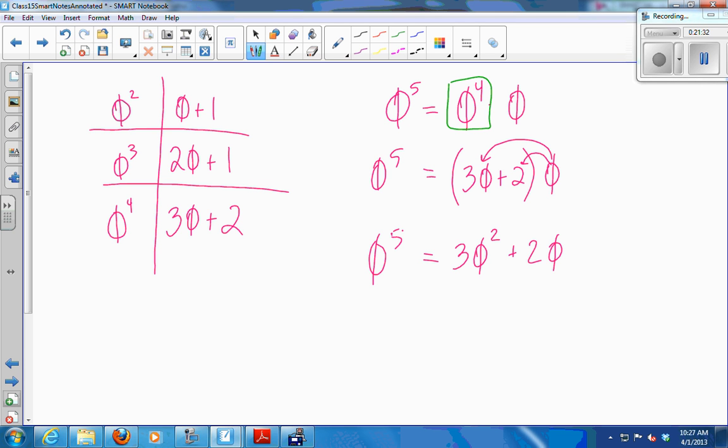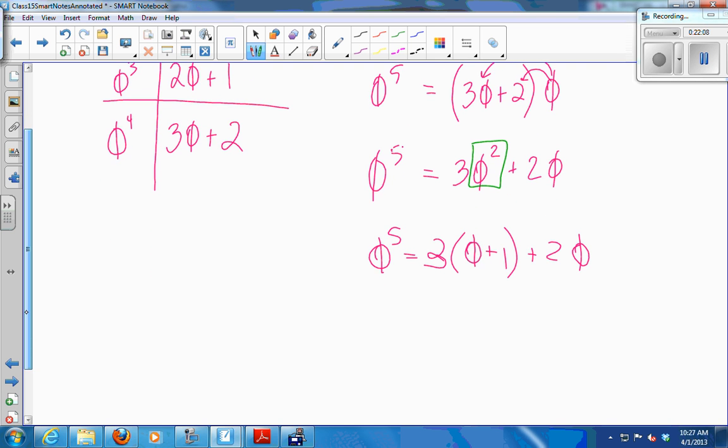Okay, so now I have a new expression for phi to the fifth, 3 phi squared plus 2 phi. But what does phi squared equal? Phi plus 1. Phi squared, go to my little chart. Phi squared is phi plus 1. So I make another substitution. Instead of writing 3 times phi squared, I write 3 times phi plus 1